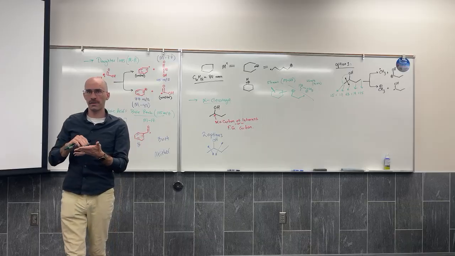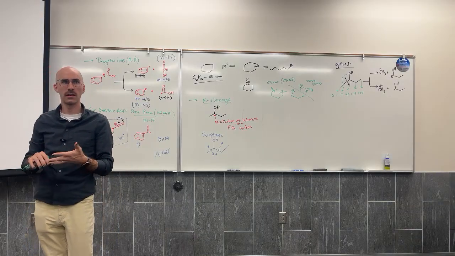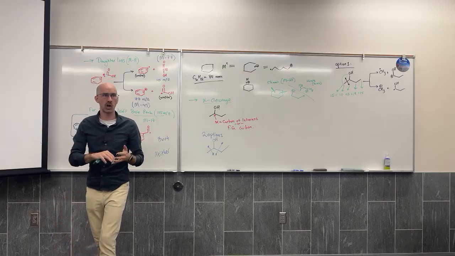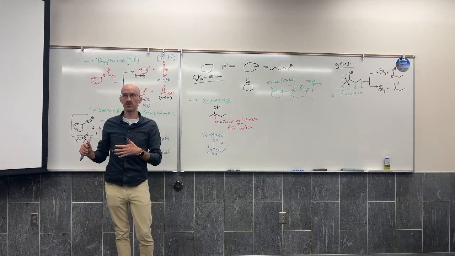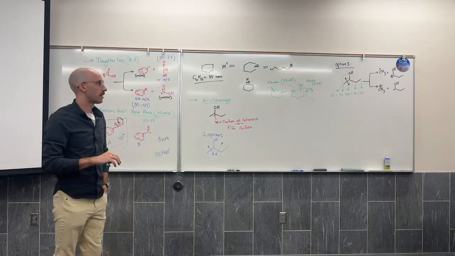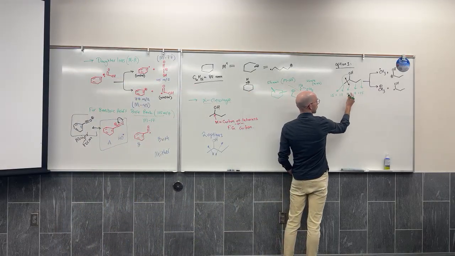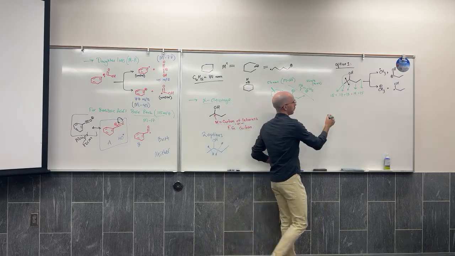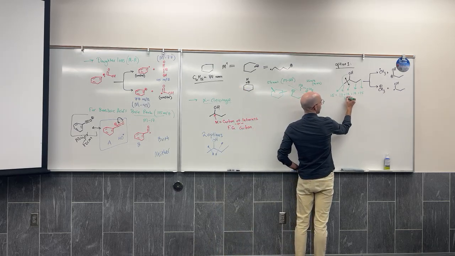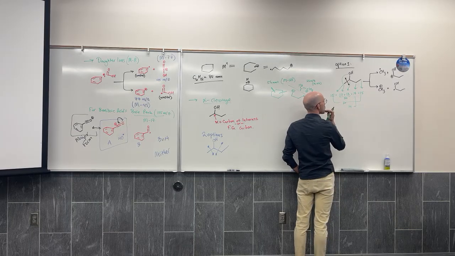This isn't hard math, it's just carbon plus 3 hydrogens, 12 plus 3, a methyl group is 15. Carbon plus 2 hydrogens, a CH2 is 14. Carbon plus 1 hydrogen. Again, you are allowed to bring a calculator to the midterm if you want to do this kind of stuff. All right, and then I like to do my math in groupings. So I see 30 and 30 and 14. So that gives me